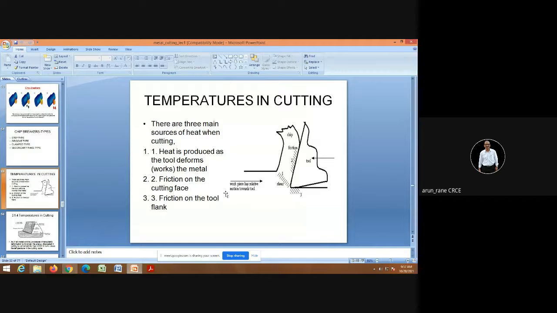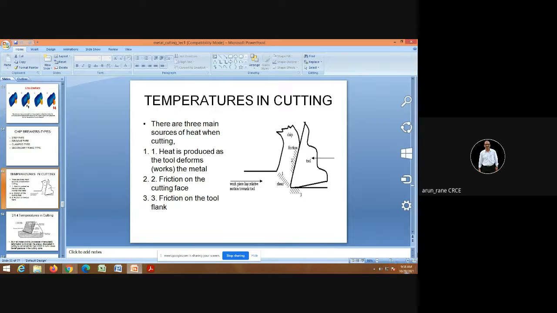Not important. Temperatures in cutting, not important. When I say not important, it means from the examination point of view. Don't misunderstand. Everything is important in your professional life, but from the examination point of view, it depends on how much you will study and learn, because we were also students. Most of the things you have not seen practically, so it becomes very difficult to understand. No doubt you can see videos on YouTube, but then you should have time to see all those things.